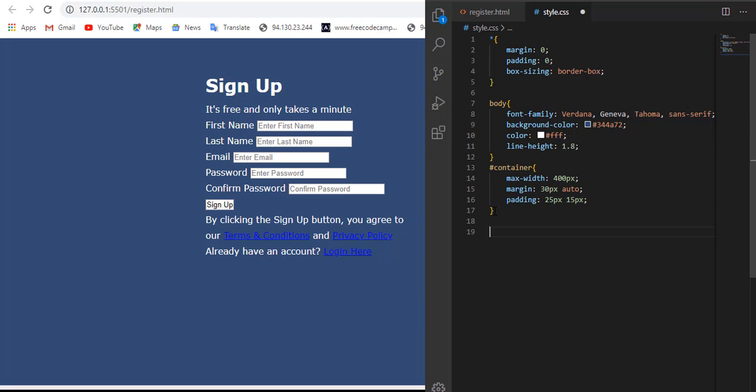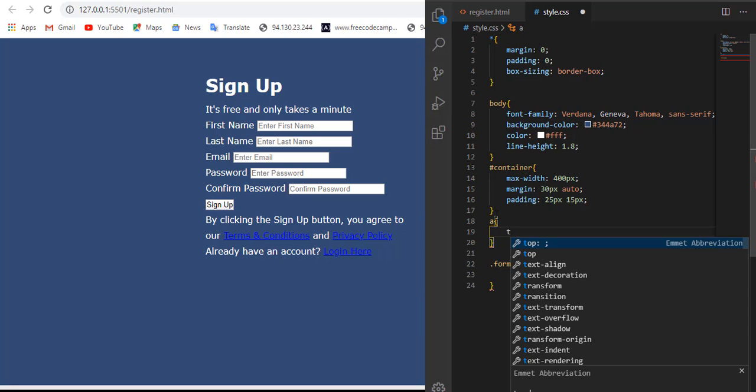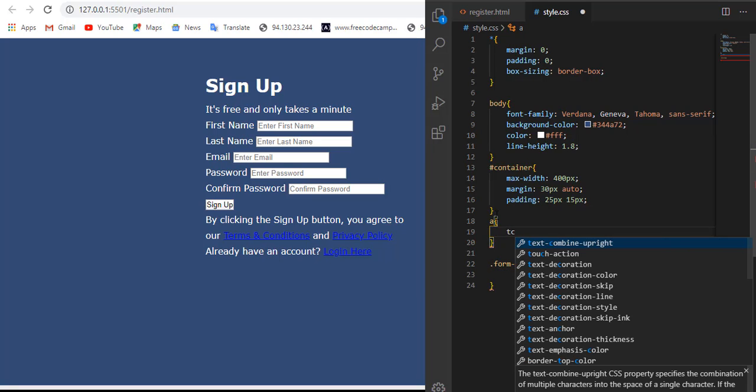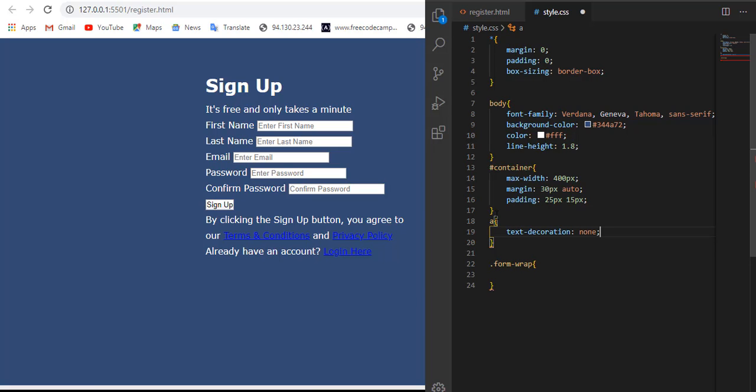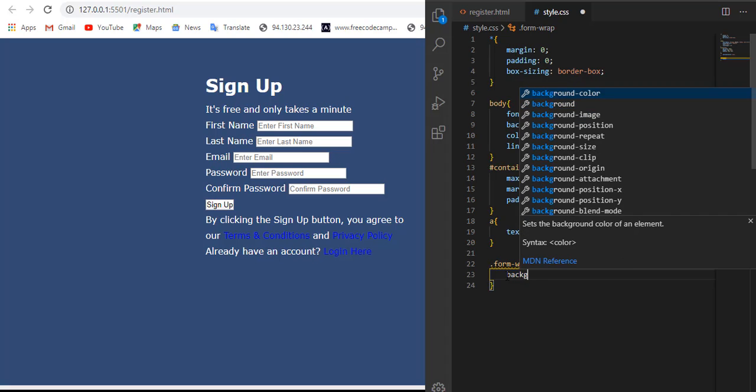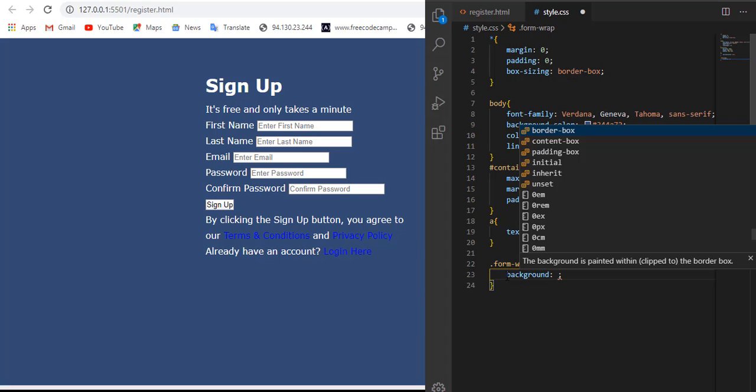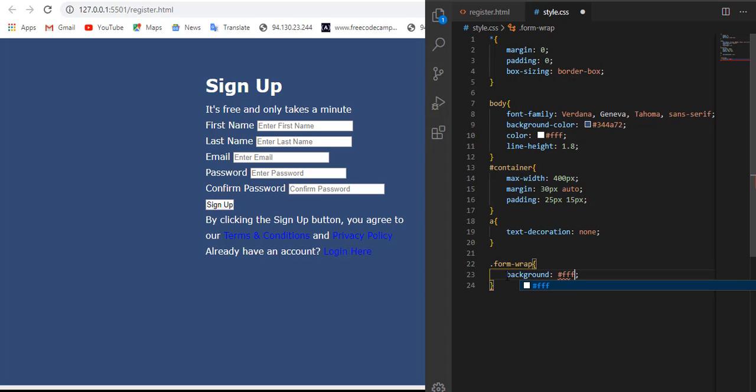So let us now go to our form wrap. So let us first of all remove the underline from the link, text decoration. Let me set it to none. So here I need to set the background to white.